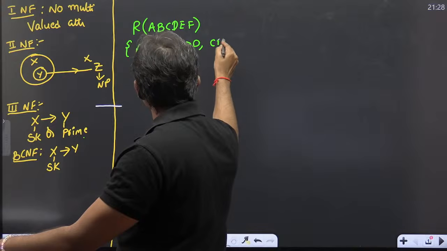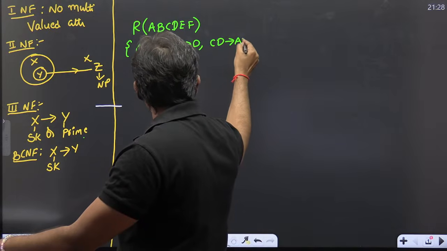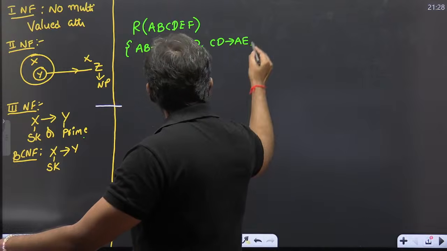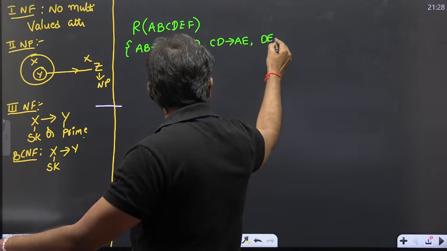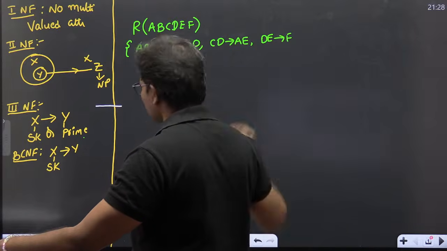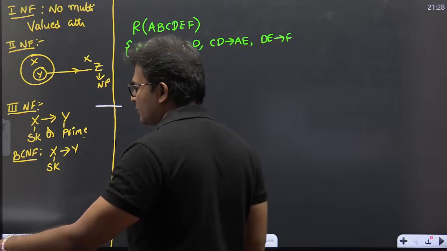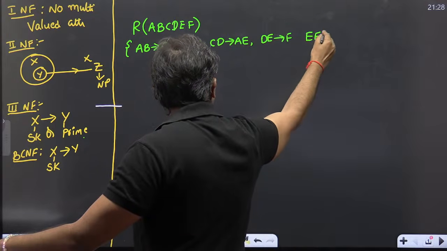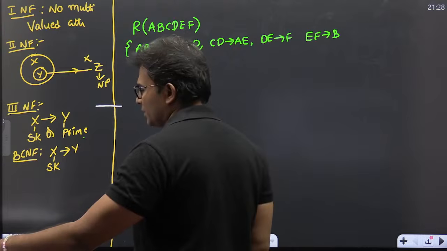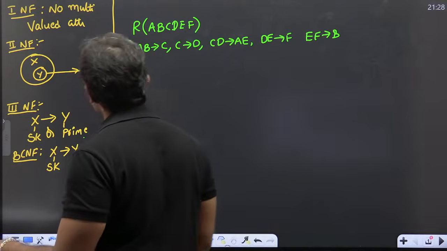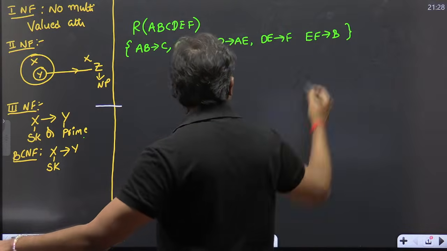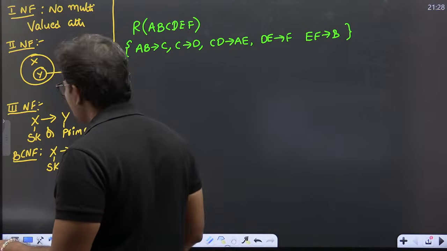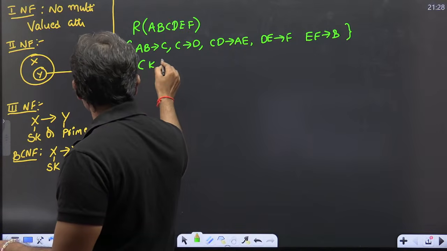CD determines AE, and DE determines F, and EF determines B, right? And the candidate keys also I'm giving you, but in exam you have to find out